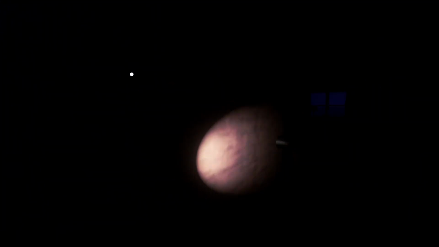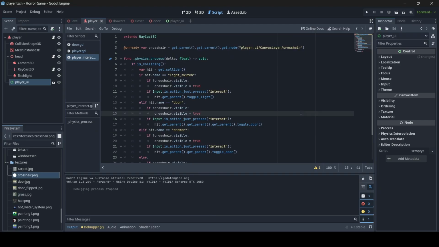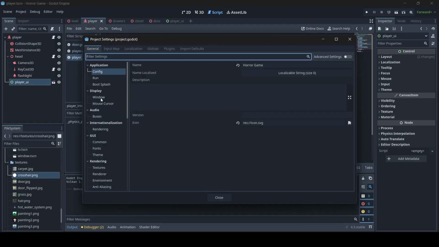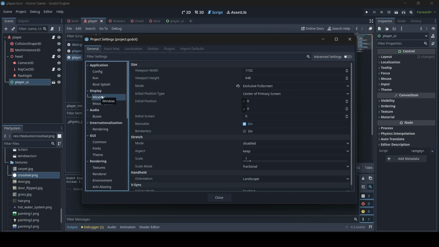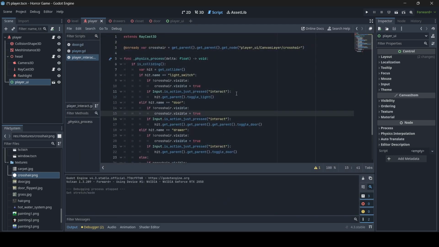Alrighty, let's go. Oh, I just noticed something. Our crosshair is not in the correct part of our screen. And you might be thinking why? Well, let me show you why. So something which I forgot to do is go to project settings, and you want to go into your display window mode here, and where it says stretch mode, you want to change this to canvas items instead of disabled. Then we go close, and now if we go play again,